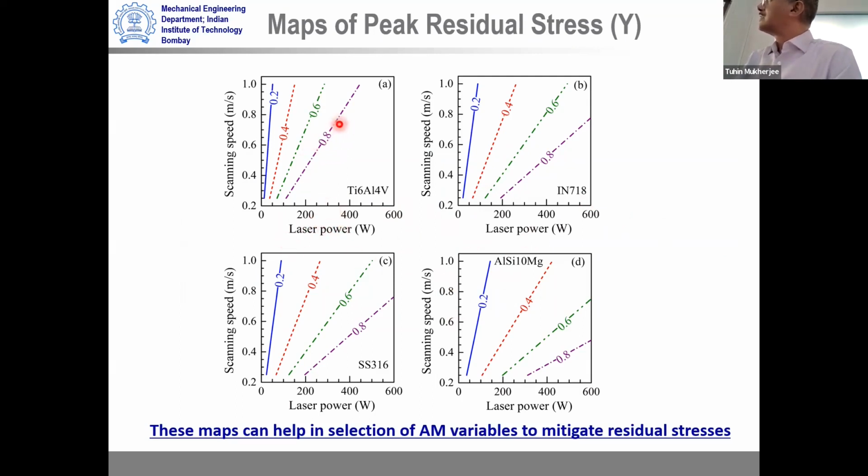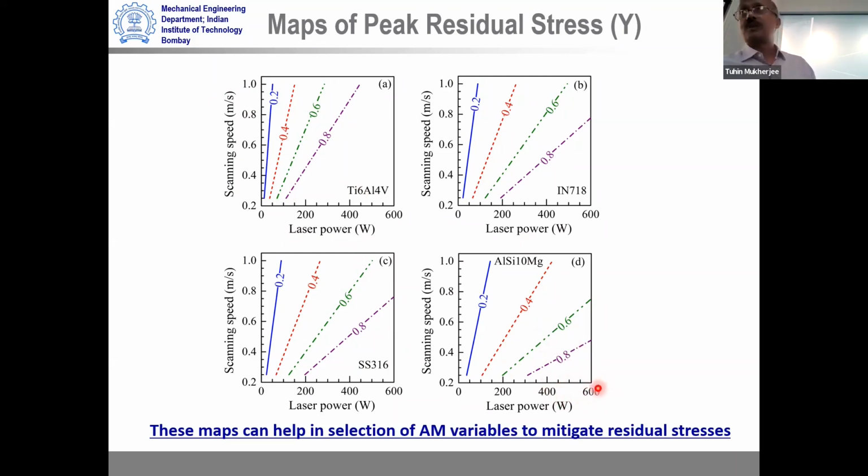Like, imagine this is sigma peak by sigma y, that is the ratio of peak residual stress to yield stress. So larger this value, that means that peak residual stress is closer to the material yield stress, which is bad. If you look at this map of peak tensile residual stress to material yield stress ratio as a function of power and speed for 4 different materials, one thing very quickly you can get out of it. Just look at that for the same X and Y scale, where the lines are more distributed, here the lines are more distributed, which means only this much of high residual stress will be happening. 0.8 times sigma y would be the residual stress for aluminum alloy